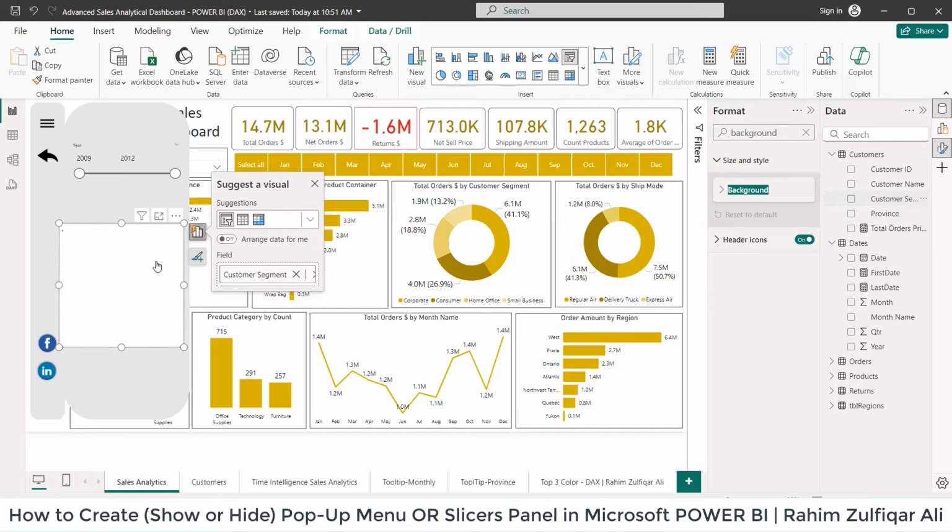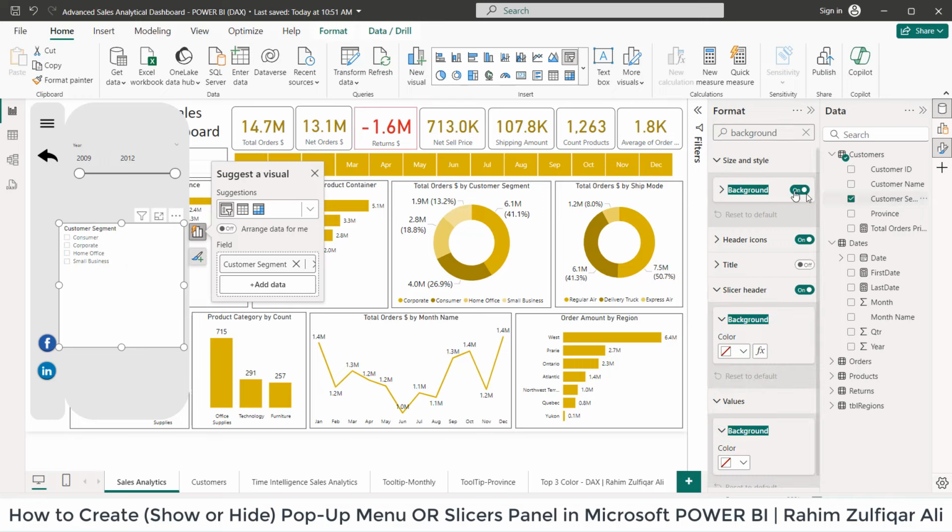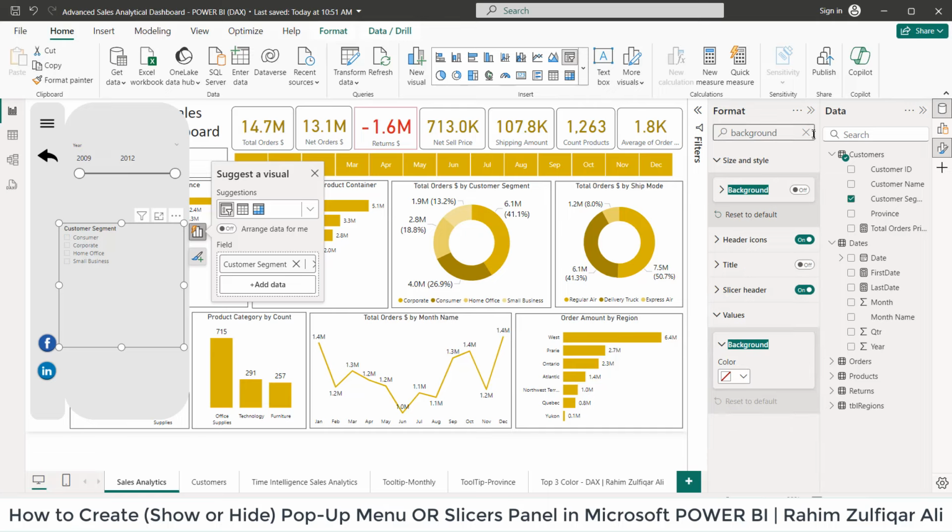Okay, another slicer we are going to add is, let's say, from the Customers table, let's add Customer Segment to this. Again, we need to turn off the background color. We need to increase the font sizes as well. So for that we will go to